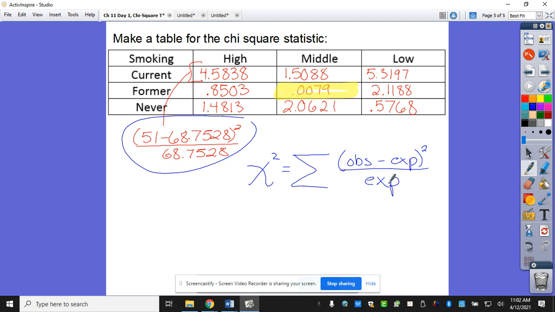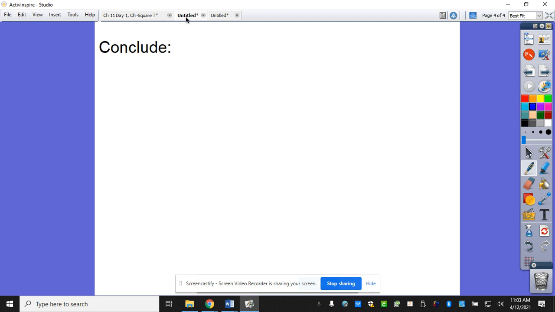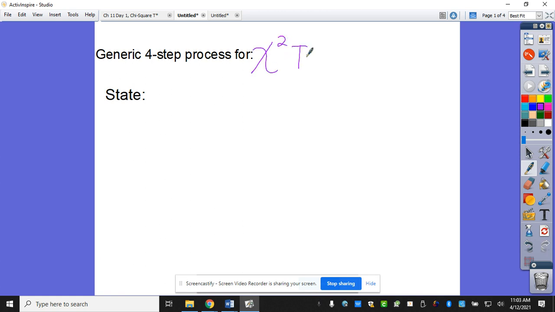What do I need to do with all these pieces to actually get the chi-square value? Add them all up, which we're going to do in a second. So let's switch gears and go to our generic. So this is the